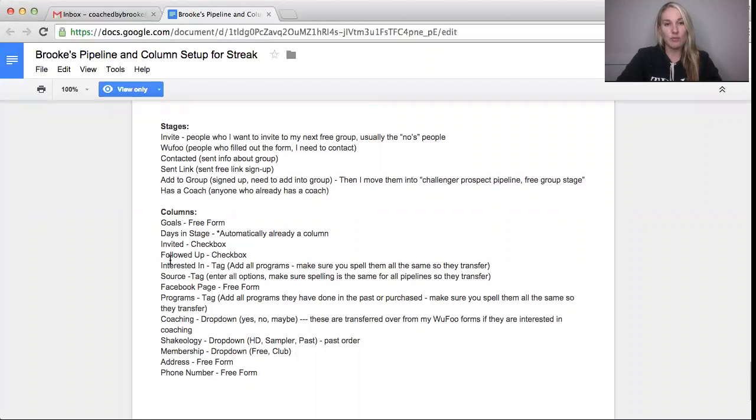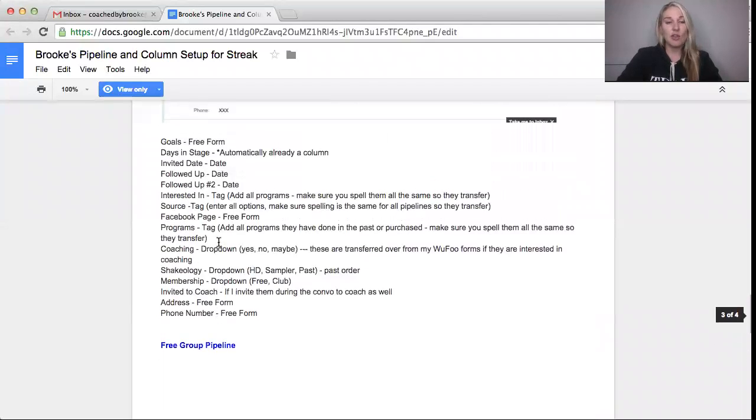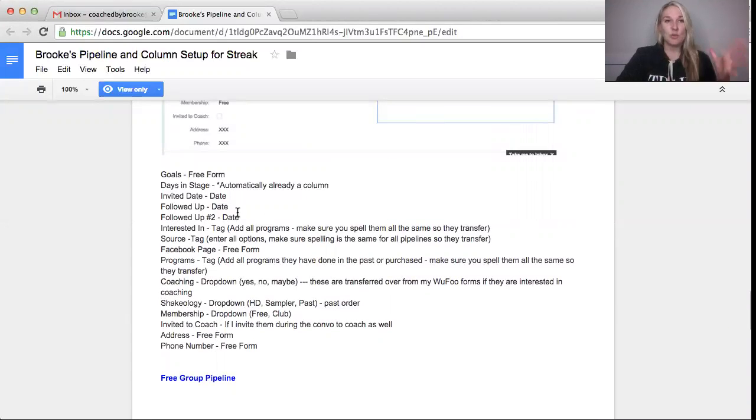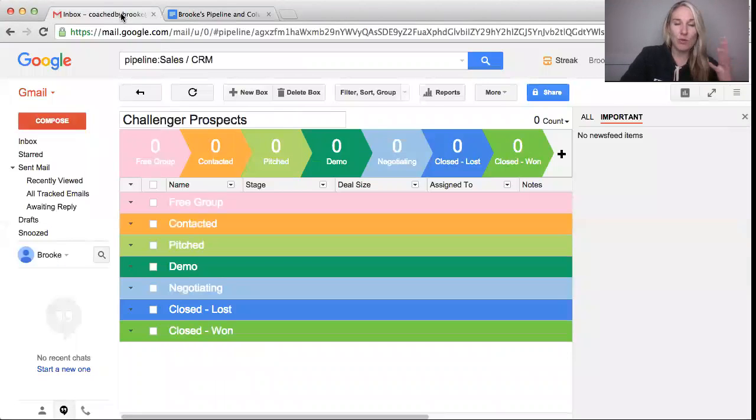So for the followed up, I have a checkbox here and a checkbox here. You guys can change the followed up and invited checkboxes to whatever you want it to be. That's just how it worked for my brain. So let me show you how to do this. So once you have your pipeline set up,